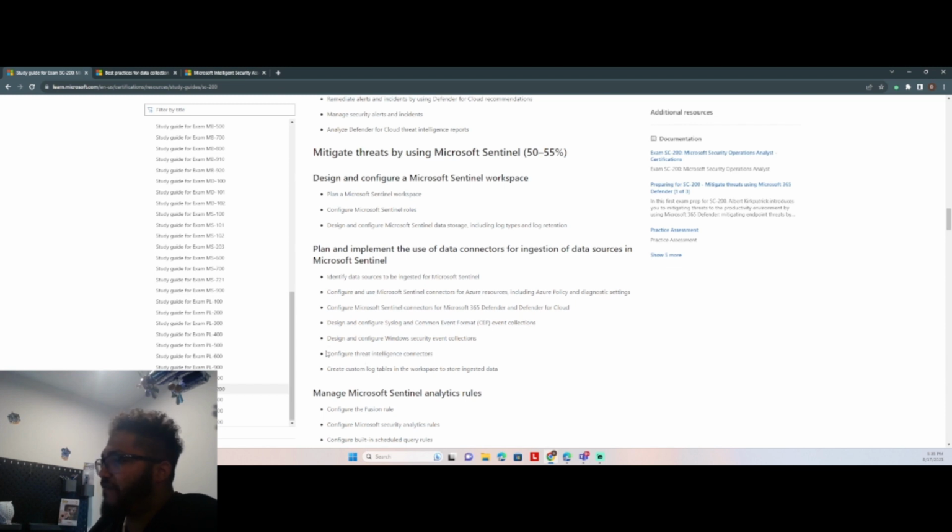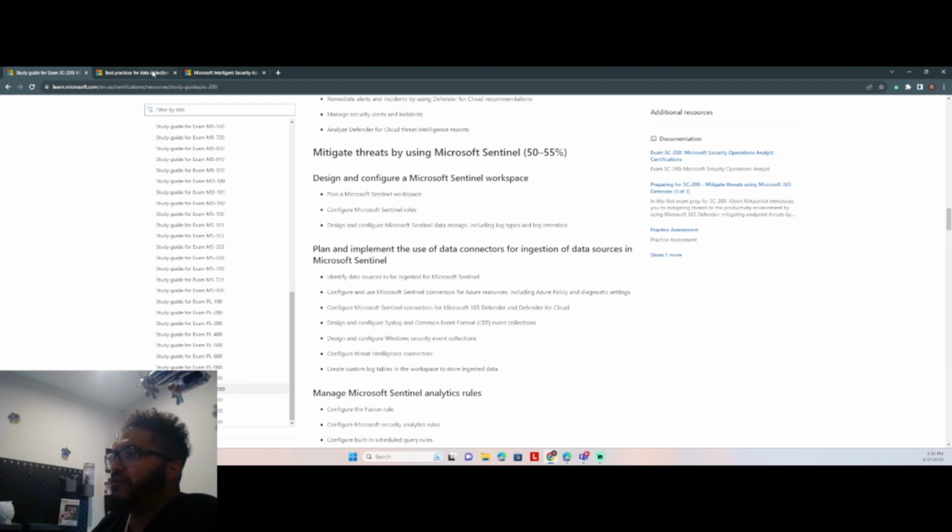I've seen that on a lot of the question dumps, and a lot of the practice tests have always had something around threat intelligence connectors, so I'm going to take a second look into that, and creating custom log tables in the workspace for ingested data storage. So we're going to take a look at all of those, and we're going to start with the best practices